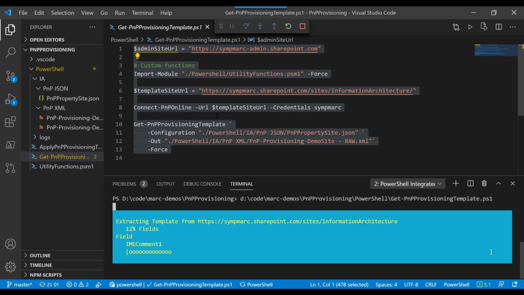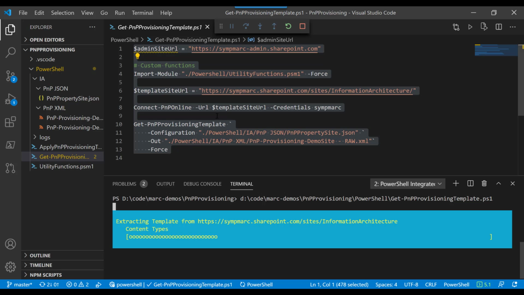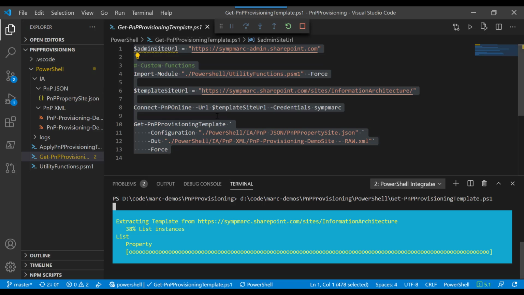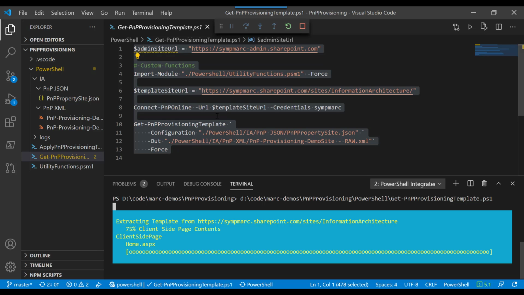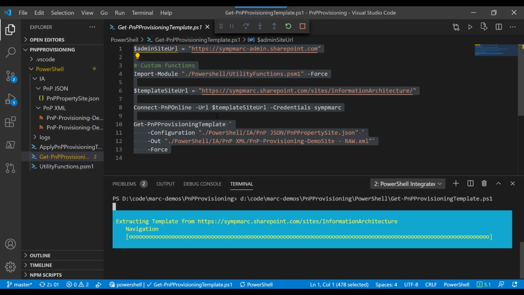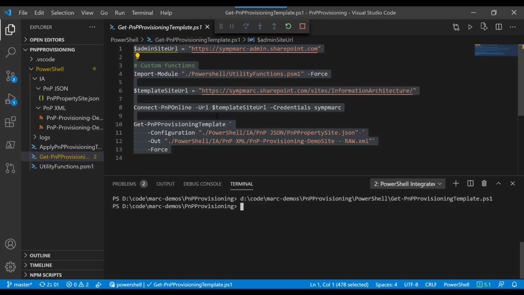Famous final words, right? With the PNP provisioning templates, in PowerShell, you get a little bit of a UI that shows you what's going on. And if you watch down there, you'll see now it's doing the list instances, and it's working on the property list. There it's looking at the page contents, the content types, the navigation,